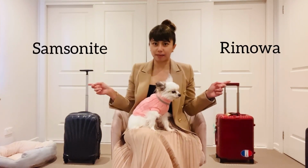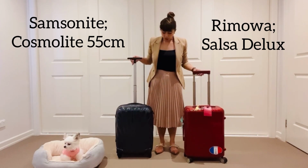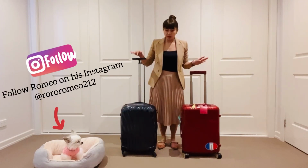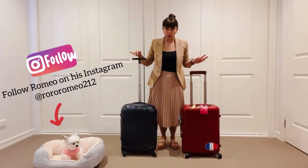We are going to compare Rimowa and Samsonite. Let's get started. These two are both the cabin size. It's not for checking, so let's compare it. I want to share my experience with these two luggage because I have used these two brands for quite a few